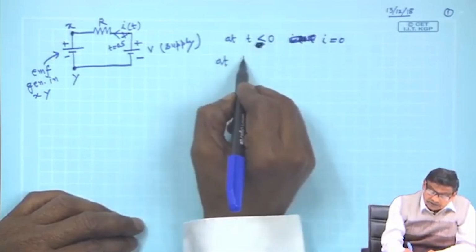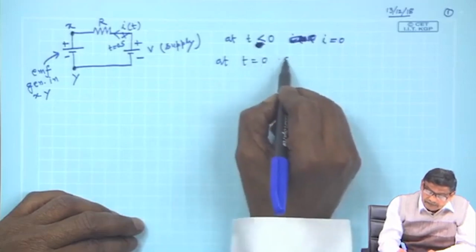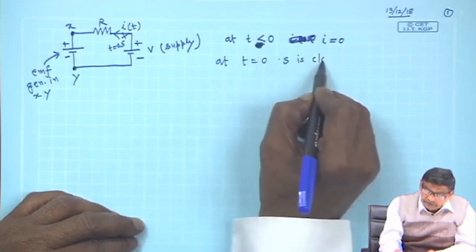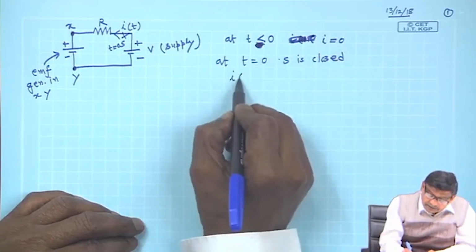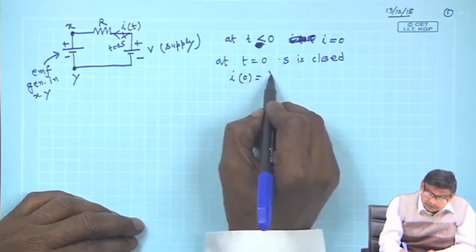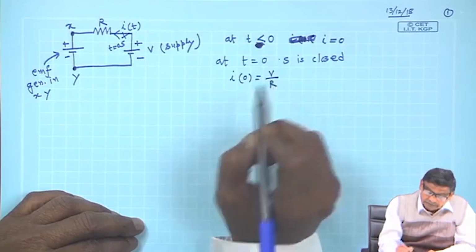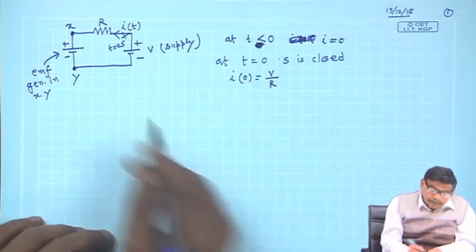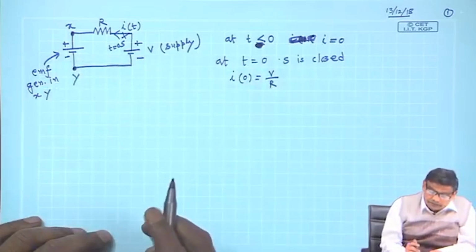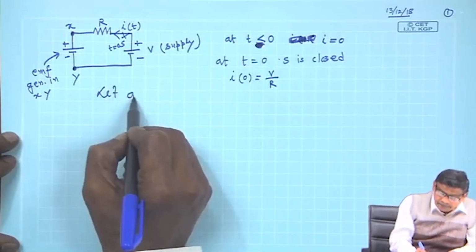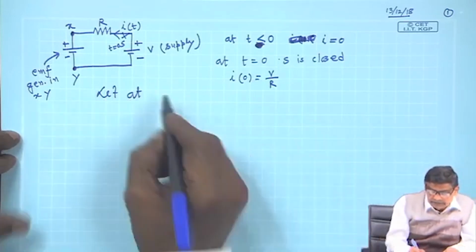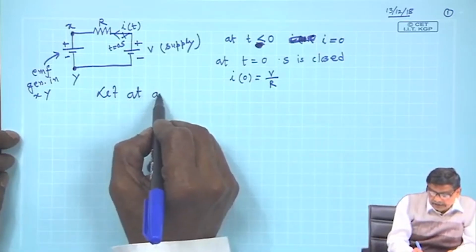At t equal to 0, S is closed, and therefore i(0) must be equal to V by R, and the conductor will experience a force. So, let at any time t elapses,